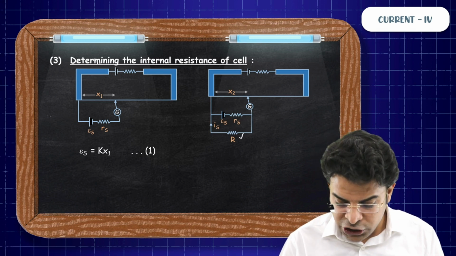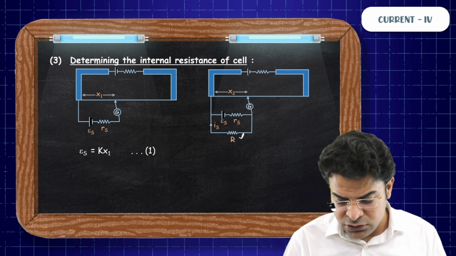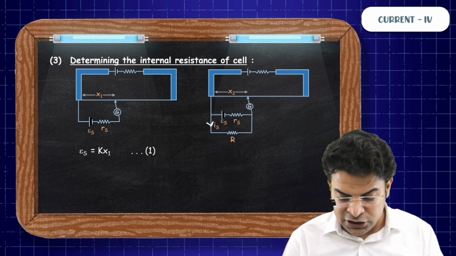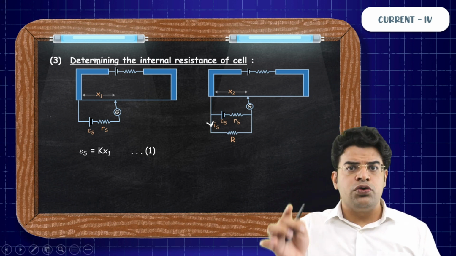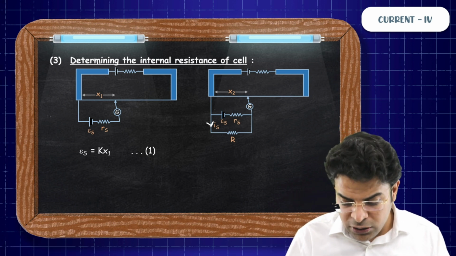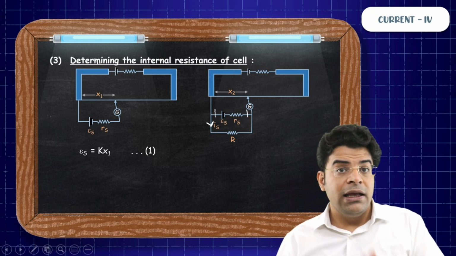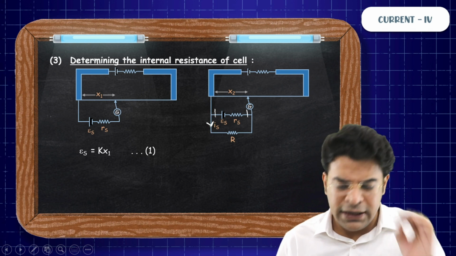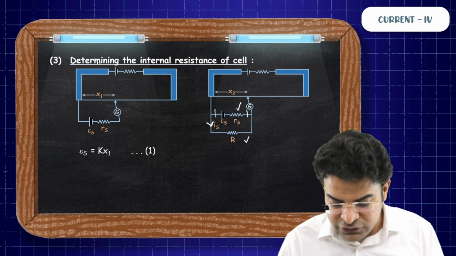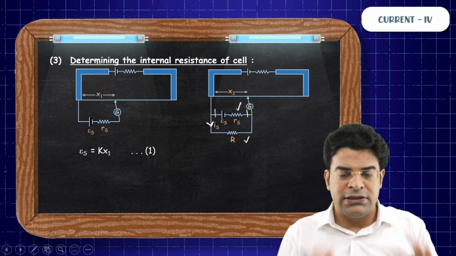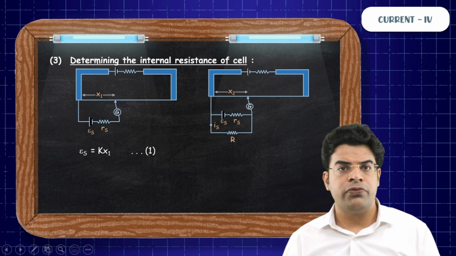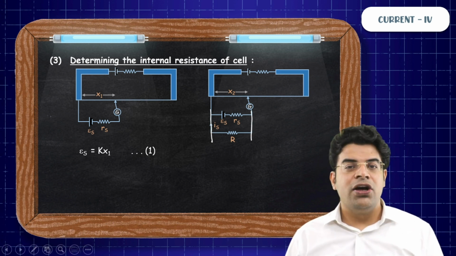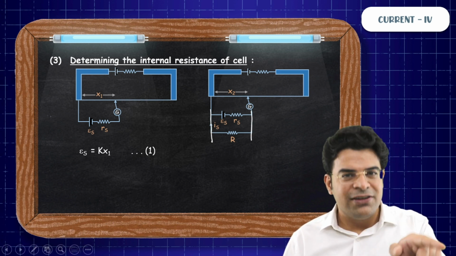Now once you connect it, some current starts to flow in the secondary circuit. The direction of arrow here is wrong. Since some current starts to flow in the secondary circuit, now the potential drop across the cell is less than ES, less than the EMF of the cell. And now let's say this parallel combination of cell and one more resistance is balanced at a length x2. Now can you tell what will be the potential drop across the cell? Okay, sir, this is why you taught us that thing, right?